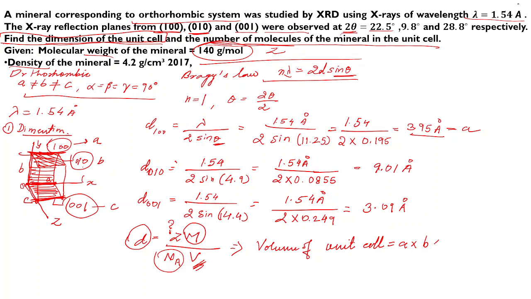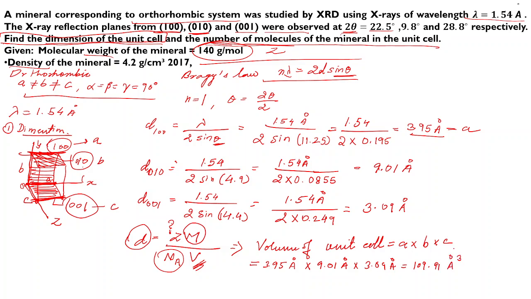So A multiplied by B multiplied by C, and we already have this value as 3.95 angstrom multiplied by 9.01 angstrom multiplied by 3.09 angstrom, right? If you solve it, the value is going to be 109.91